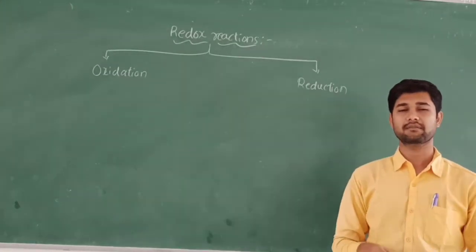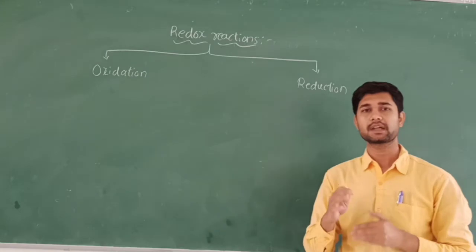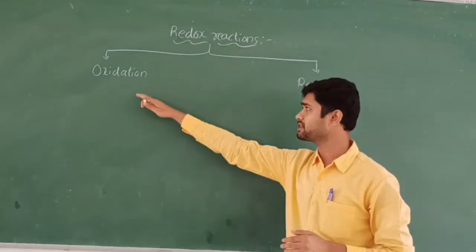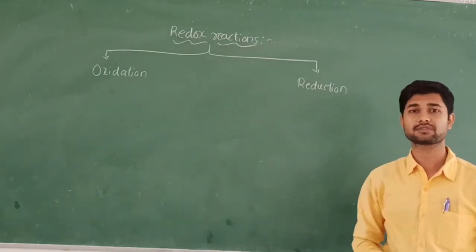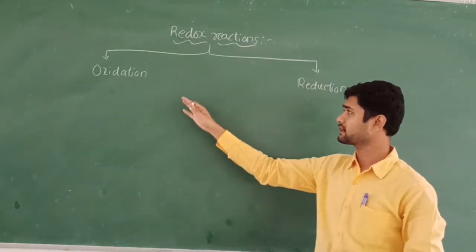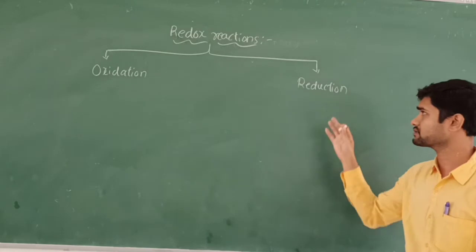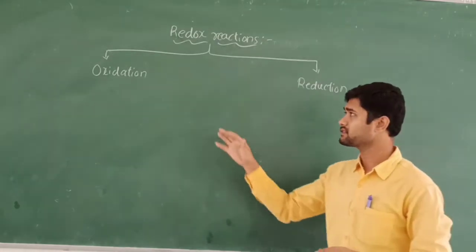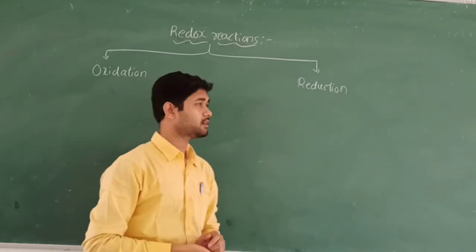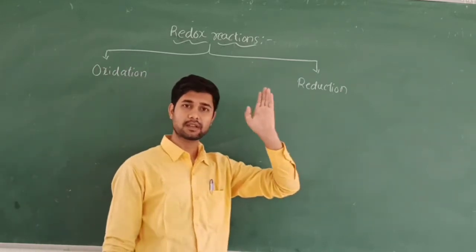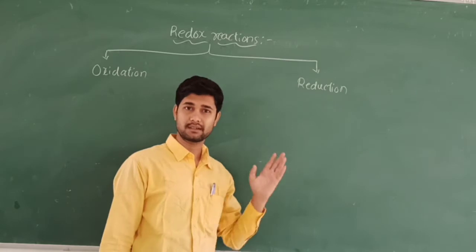Redox reactions means the process of involving simultaneous oxidation as well as reduction in one reaction; we are going to call these redox reactions. In these categories of oxidation and reduction, we are going to make a difference here. Oxidation can be defined in so many ways, and simultaneously, reduction also can be defined in so many ways. So let us discuss here.